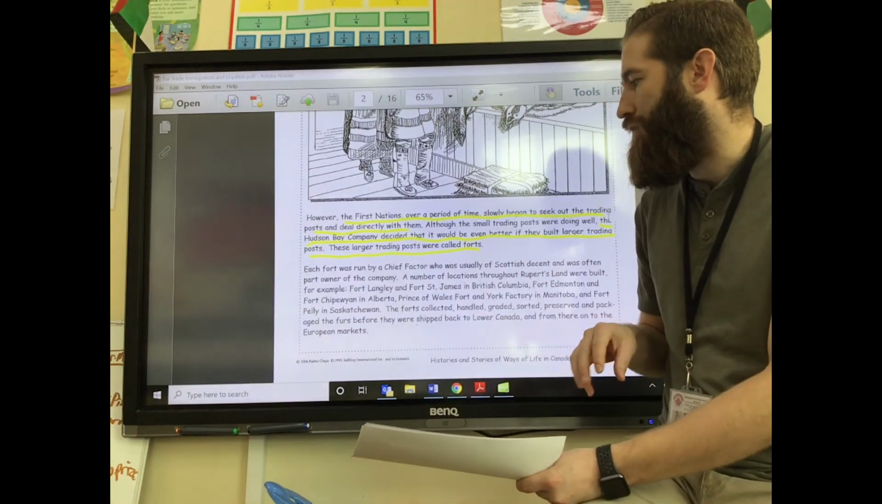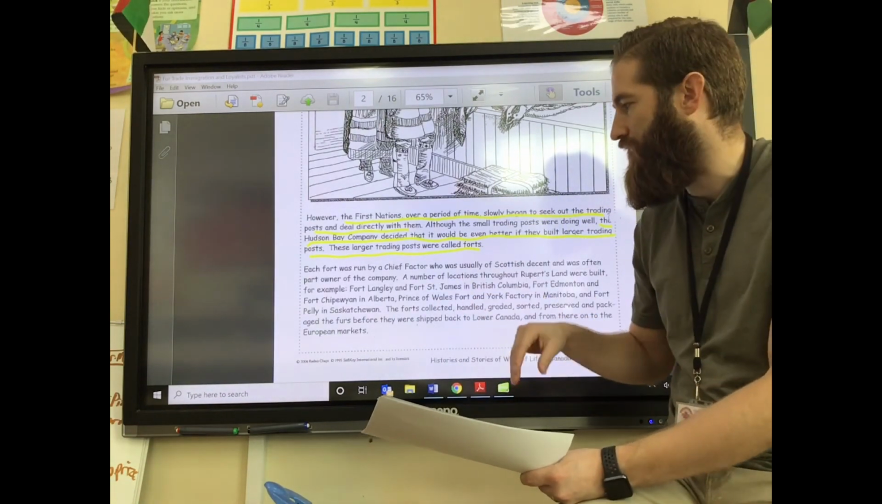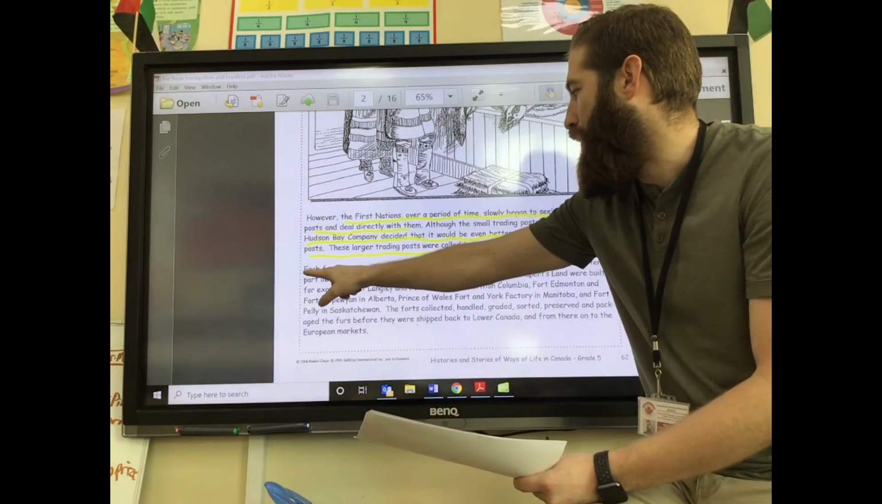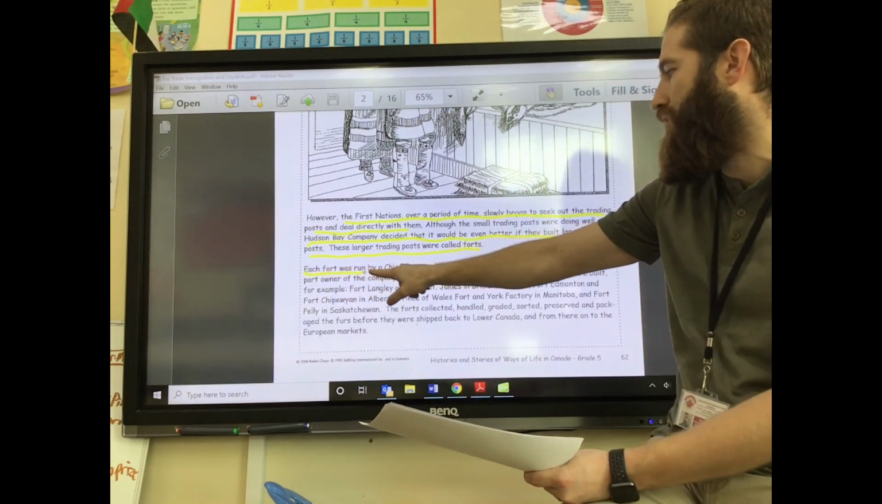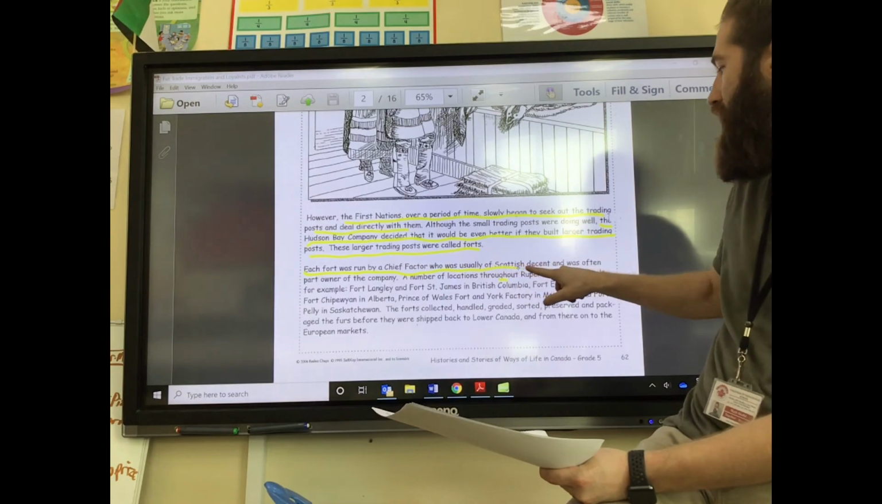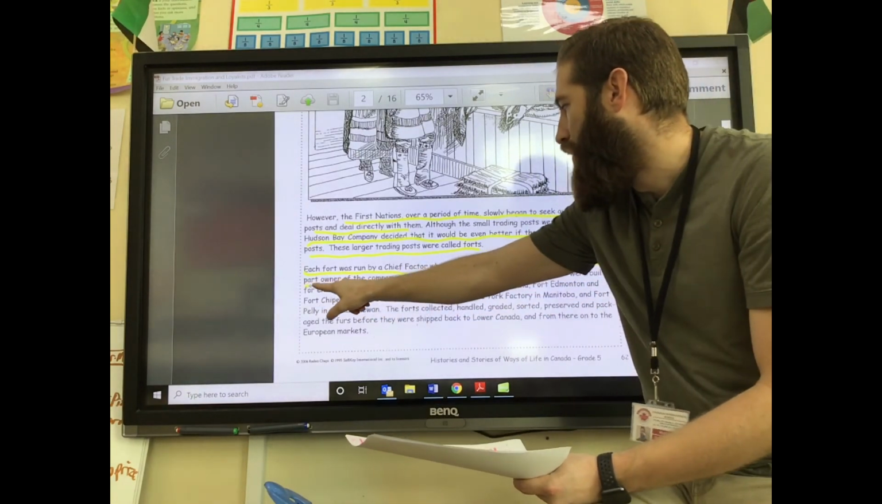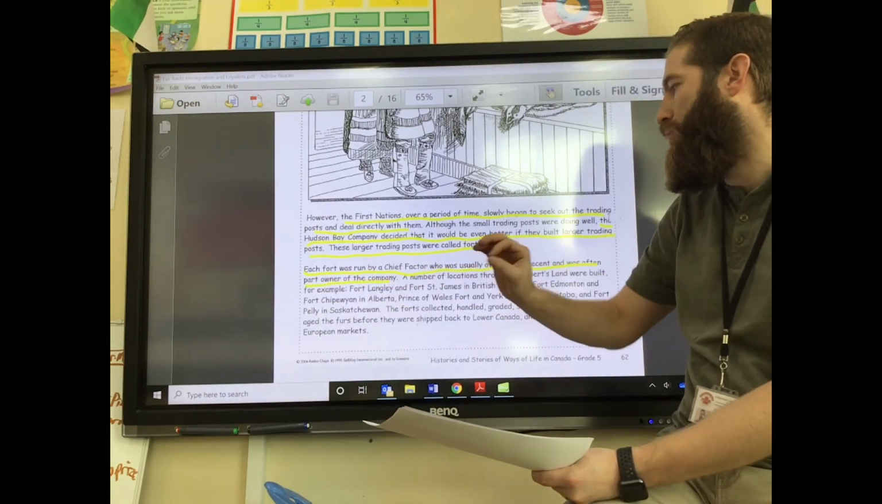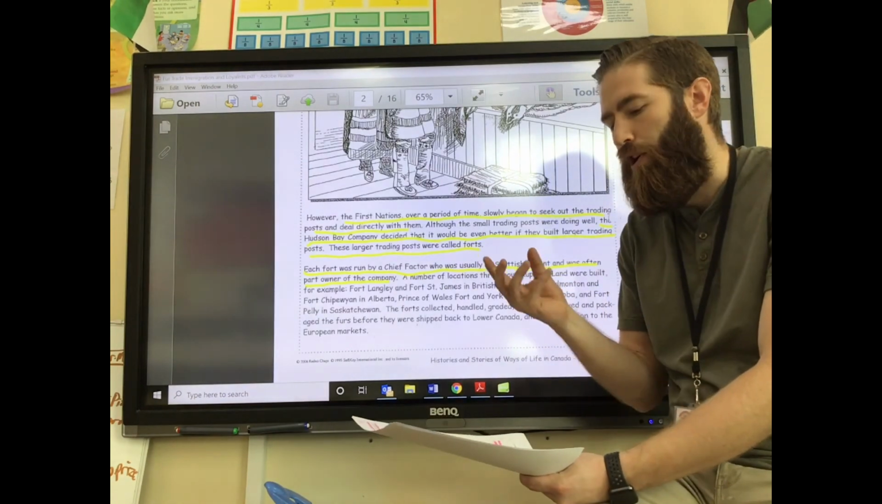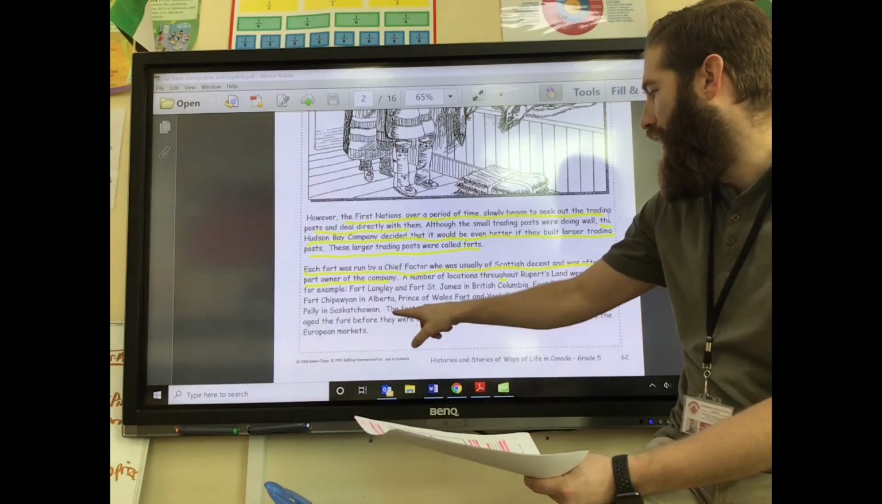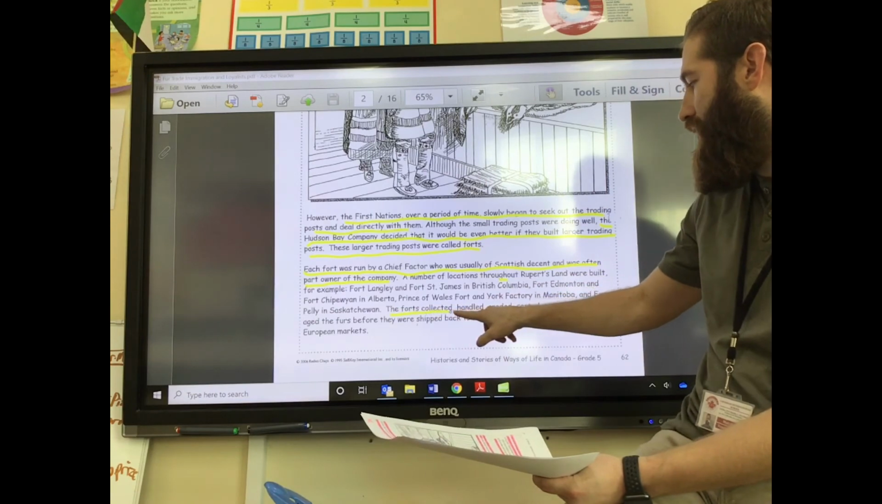So the forts did a little bit more than what the posts did. But we're going to underline this to start, or we're going to highlight this. So each fort was run by a chief factor who was part owner of the company. And then we're going to underline or highlight this